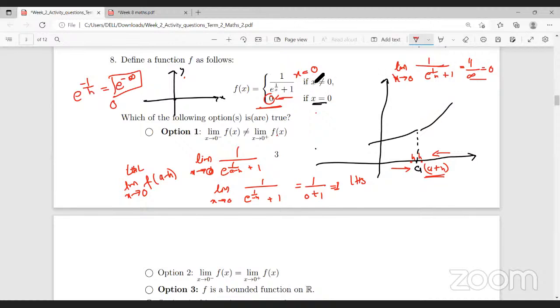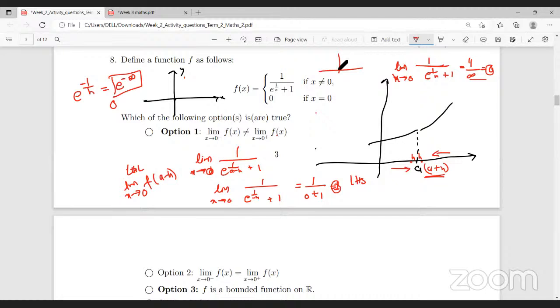So this function is not defined at x equals 0, but I am getting x equal to 0 here. So what will my graph look like for this function? Everyone understood, right? My left hand limit is not equal to right hand limit. My left hand limit is 1 and my right hand limit is 0. So if I draw the graph,